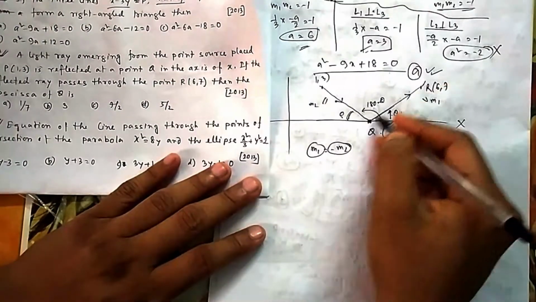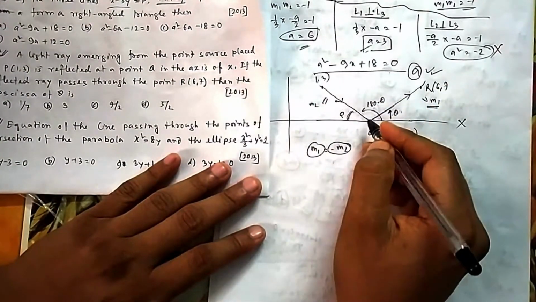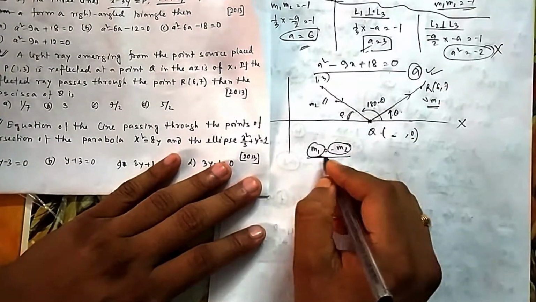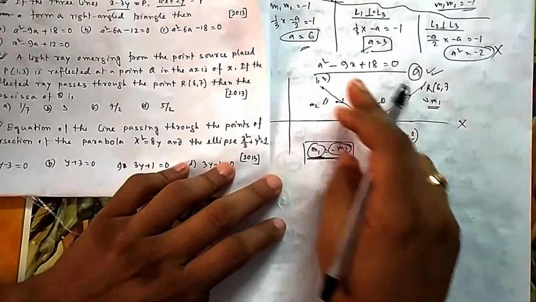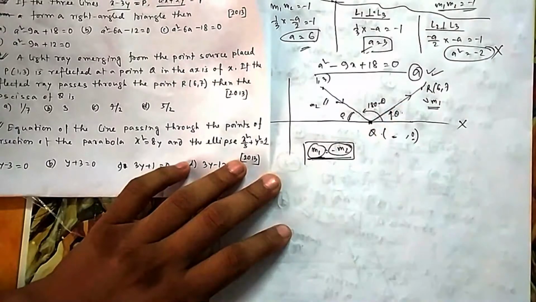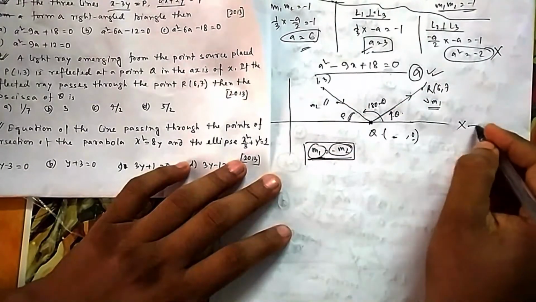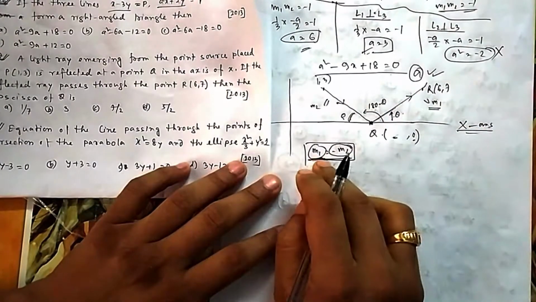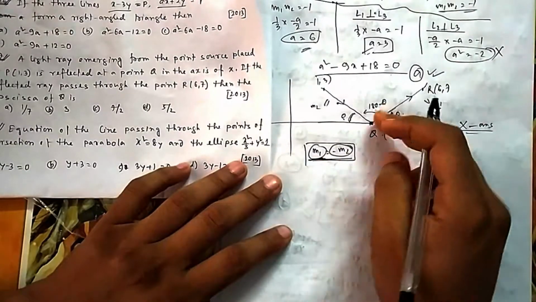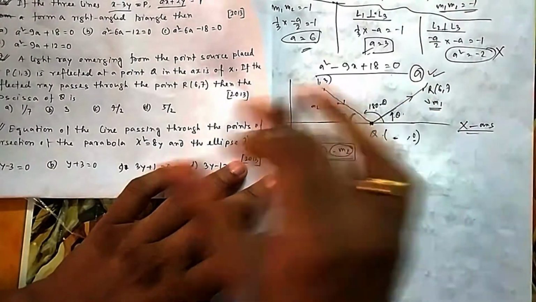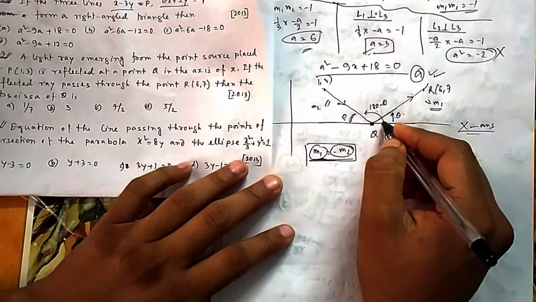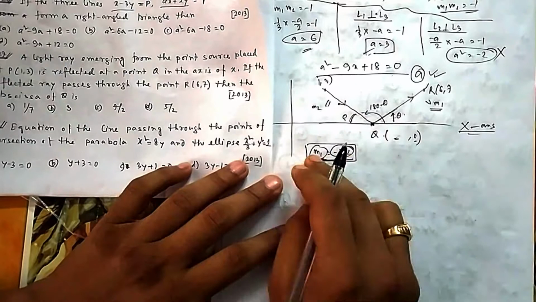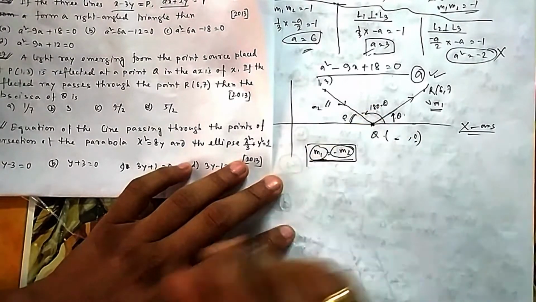Now you know, suppose this line's slope is m1, so this slope is m2. So you have done this condition, m1 should be equal to m2. This you remember in place of reflection on the x-axis. Reflection on the x-axis, you have to be careful. Any reflection will not give you this conclusion. If it is the x-axis, then only this combination; otherwise you have to see. Why is it so? Because it is tan theta and tan 180 minus theta, and tan 180 minus theta is minus tan theta.